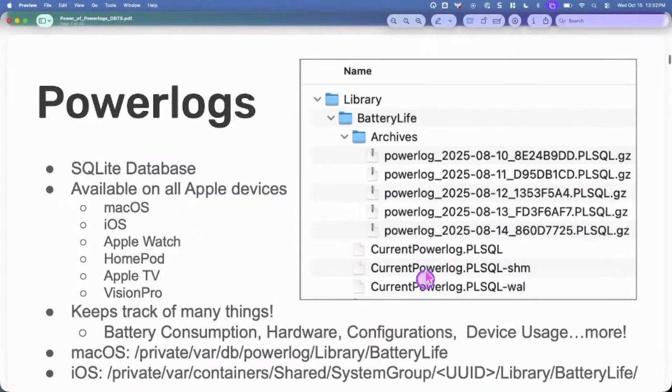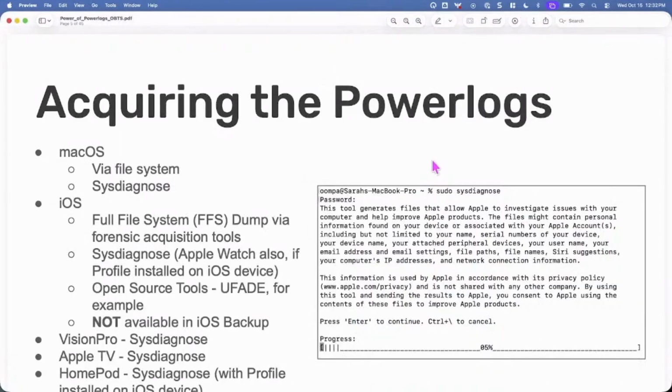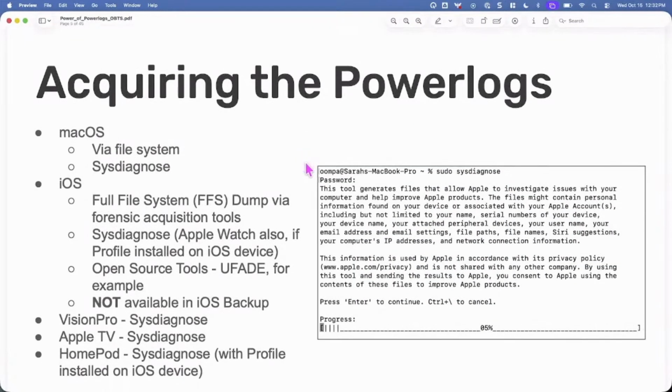Worth a mention, there are about 3 days worth of information in the current Powerlog. You get a few extra days if you have the tar zips as well. All right, so how to acquire these things. Mostly sysdiagnose, which is something that we work with pretty often. Usually a key combination on whatever device you're looking at. But also if we have a full file system. With full file system, we're mostly talking about things like your GrayKeys, your Vera keys, your Cellebrite type of devices, but also open source tools will certainly pull these as well. So it's pretty easy to get. If you have your laptops open right now, go ahead and just run a sudo sysdiagnose, and you can literally start taking a look at them as I am presenting on them.